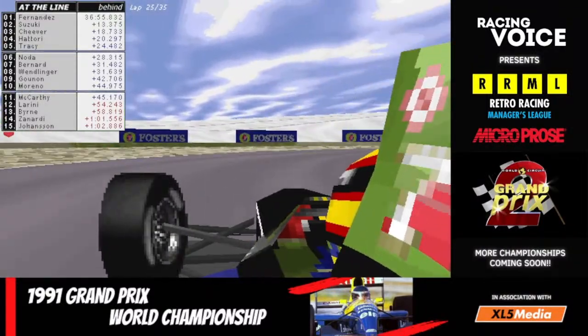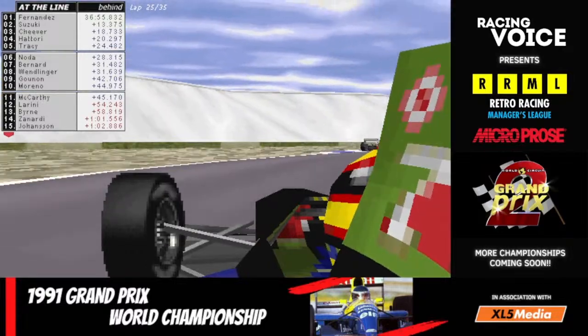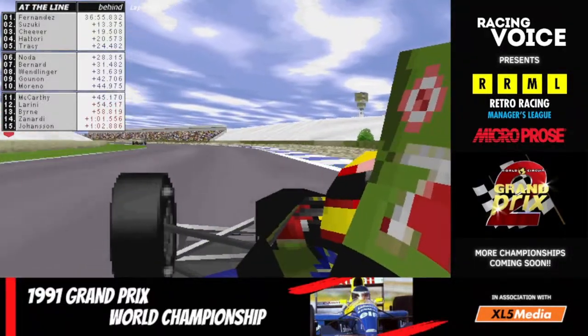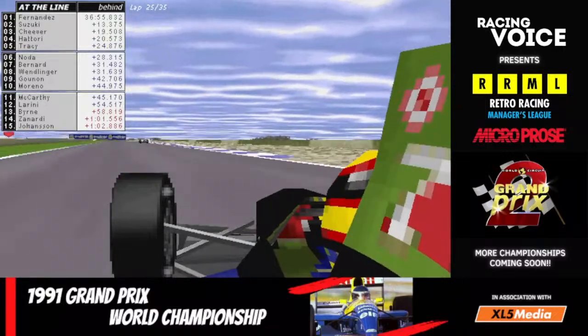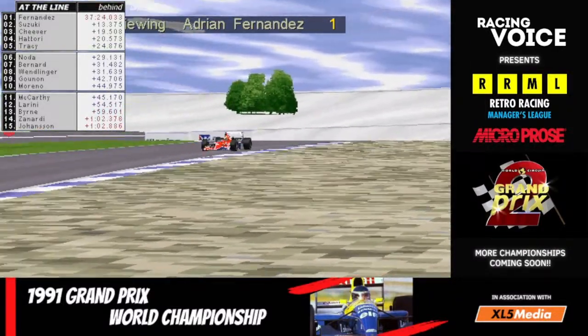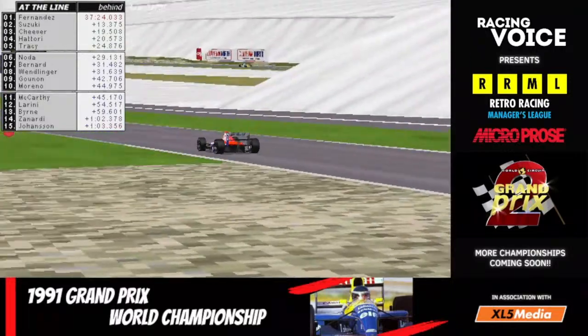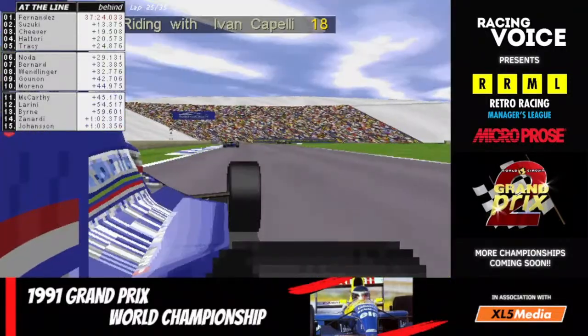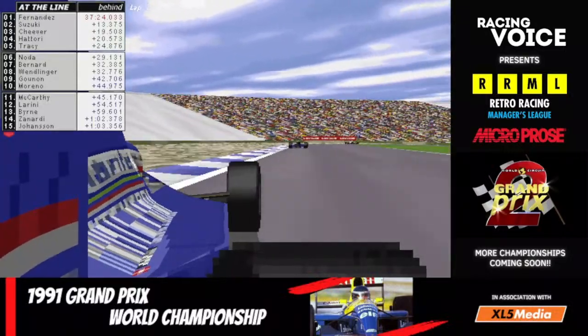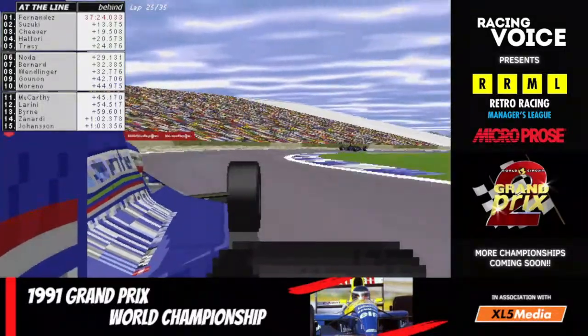Up the inside line, Joe Winkelhock getting the overtaking move then into the hairpin. Makes the overtake then in the Zach Speed BMW. Very solid effort. Rumblings about BMW wanting to come into the sport full-time now. Grand Prix racing getting so attractive to some of these major car manufacturers. And a lot of talks about whether BMW will have more of a say in their own Grand Prix team